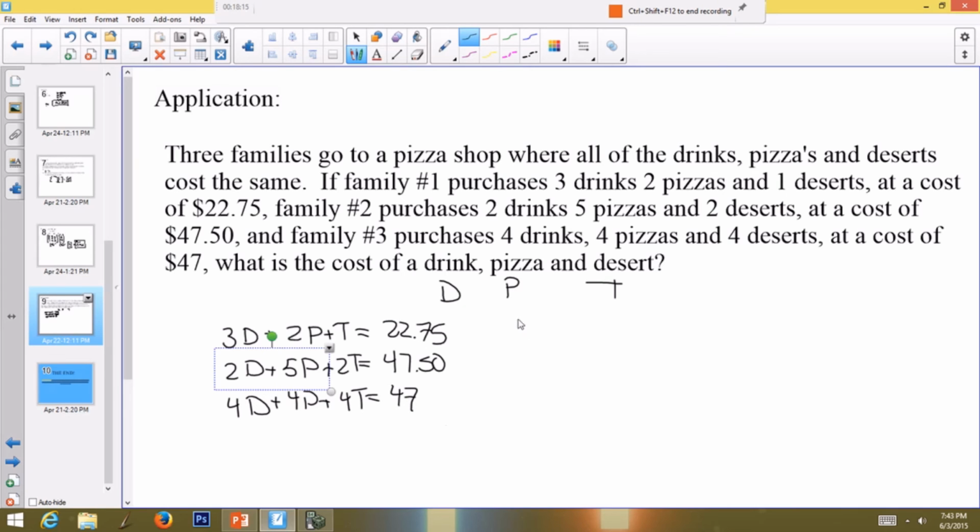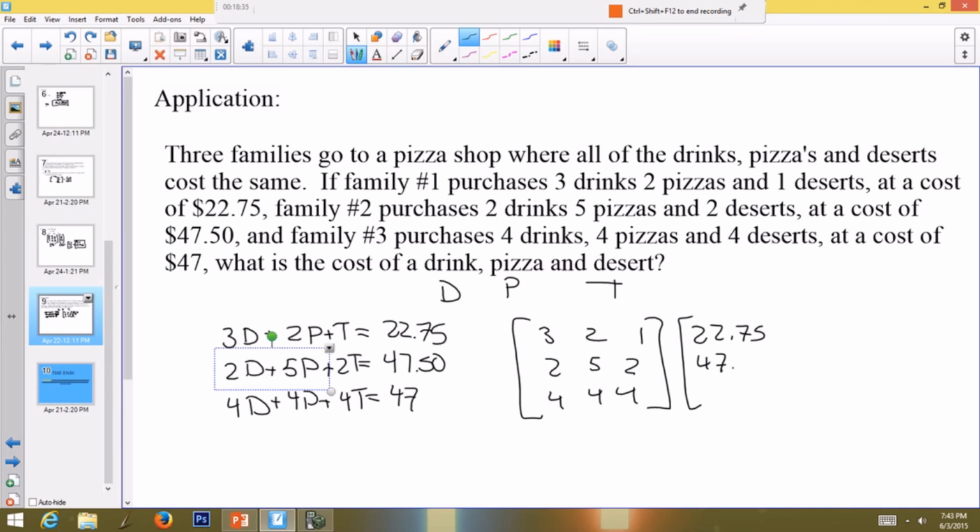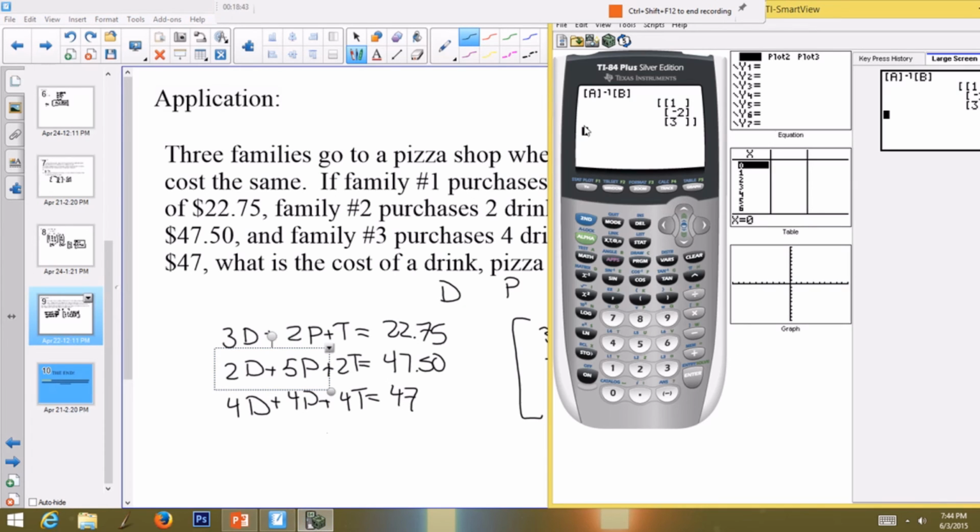$47. So my coefficients matrix will be 3, 2, 1, 2, 5, 2, and 4, 4, 4. And my constants matrix, the column matrix, will be 22.75, 47.50, and 47 even. I don't need to put the decimals for all of those. It doesn't really matter. So again, I'm going to pull up my calculator,